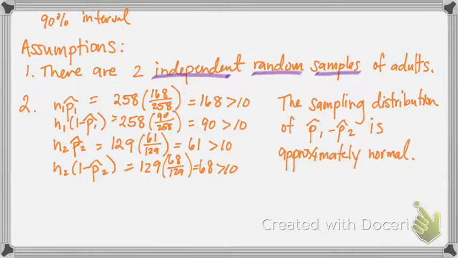Yes. I thought you said sampling distributions don't have halves. No, the sampling distribution of p hat 1 minus p hat 2. So that's just what it's called. Oh, you're finding the sampling distribution of the p hats. I thought we were finding the